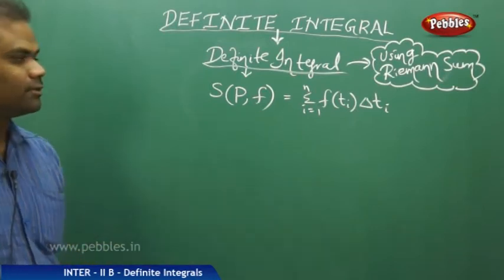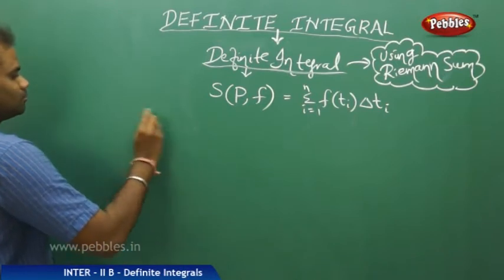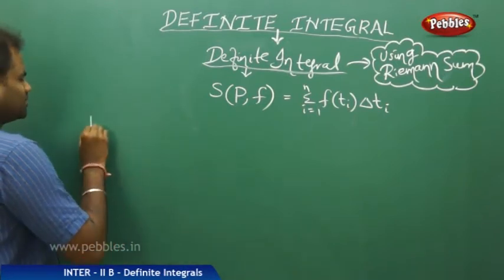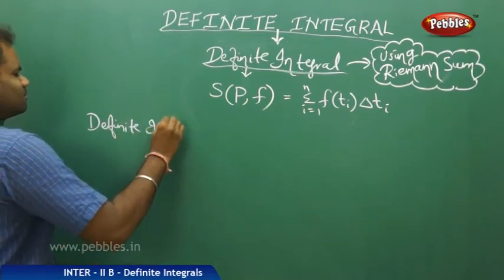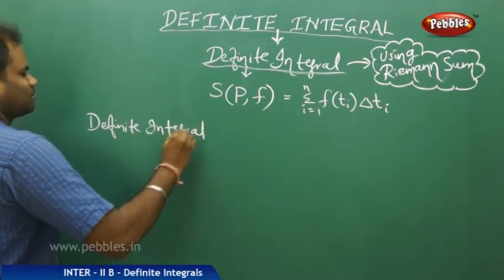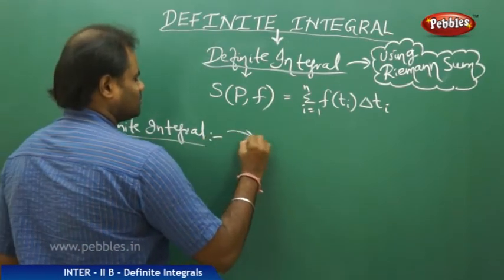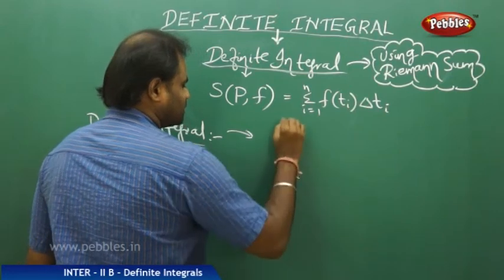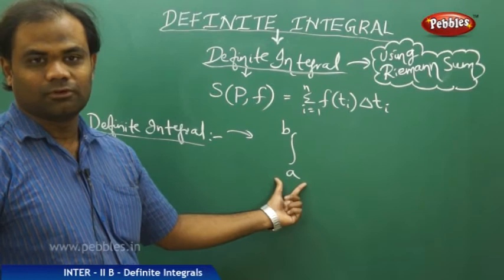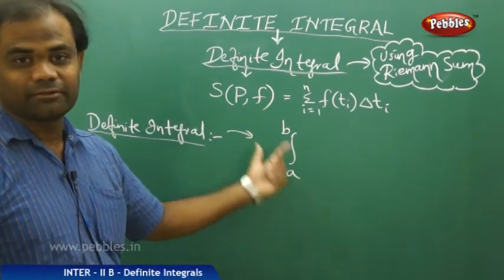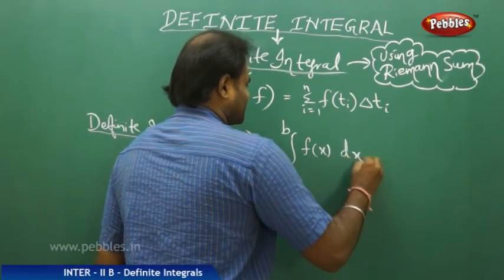Using this definition of the Riemann sum, the definite integral is defined as the integral from a to b, using the bounds for the function because the function f is bounded, of f of x dx,